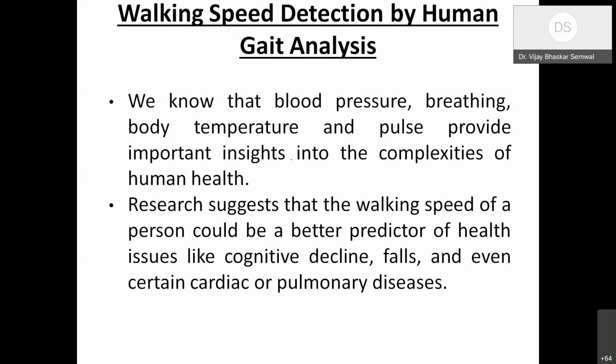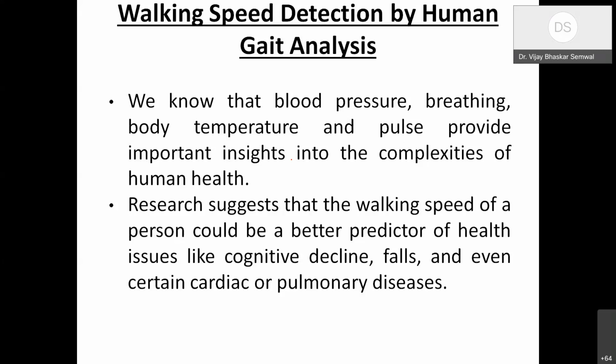So you know that blood pressure, breathing cycle, body temperature, and pulse are the important parameters by which you can assess human health. Apart from these, researchers have suggested that the walking speed of a person could be a better predictor of health issues,